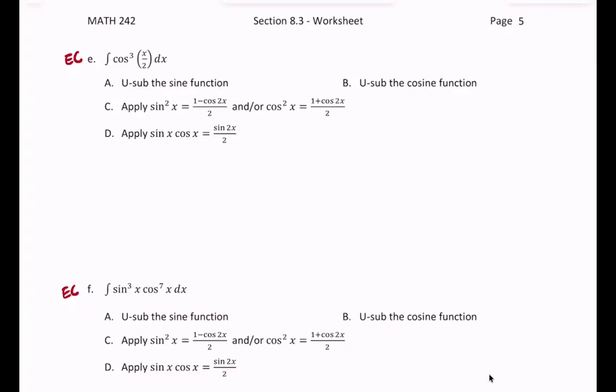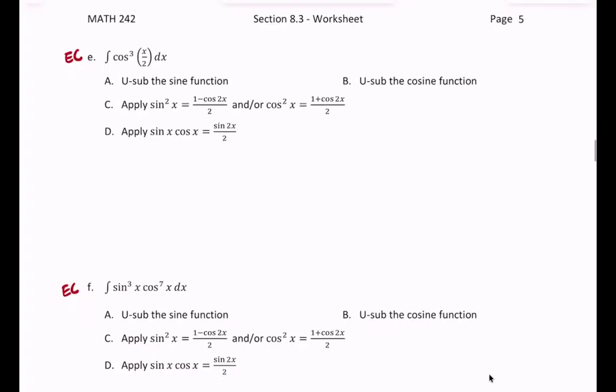You actually want to use sine sub. Why does that work? If you want to use sine sub, you will have at least how many cosines? First, you need one for the du. And then you take one out for the du, how many cosines are left? Two, even, good. So you can make that happen. See, if you just analyze through the process and count the numbers, you will figure out what will work and what will not. So this one is actually